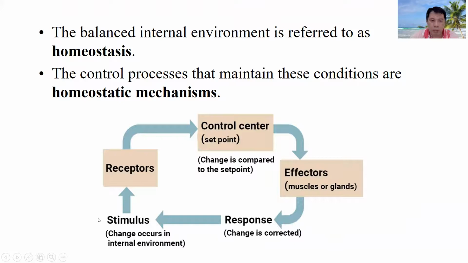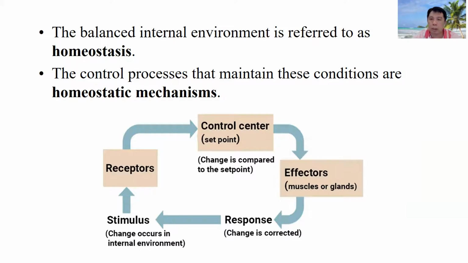So we can start with the stimulus, which is the change of an internal environmental factor. It will be detected by the receptor. And the receptor will send the nerve impulse, or we call it signal, to the control center. Then in the control center, there is the set point. For example, the human body temperature is set at 36.9 degrees Celsius. So once the stimulus deviates from this normal range, within the narrow limit, meaning small deviations, it will trigger the receptors to send the signal or the nerve impulse to the control center,